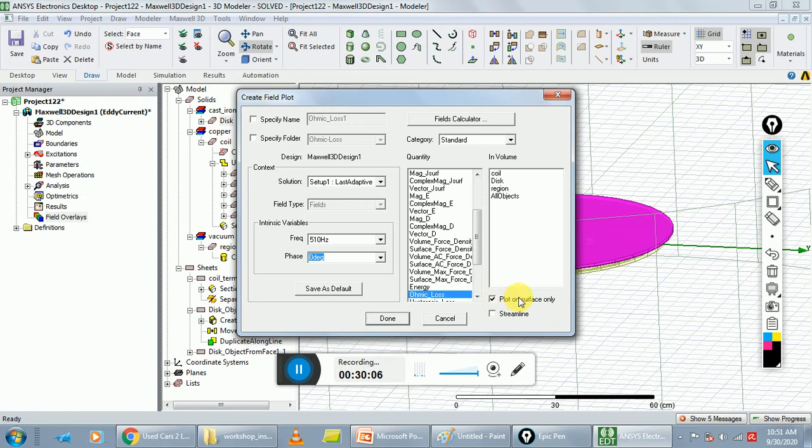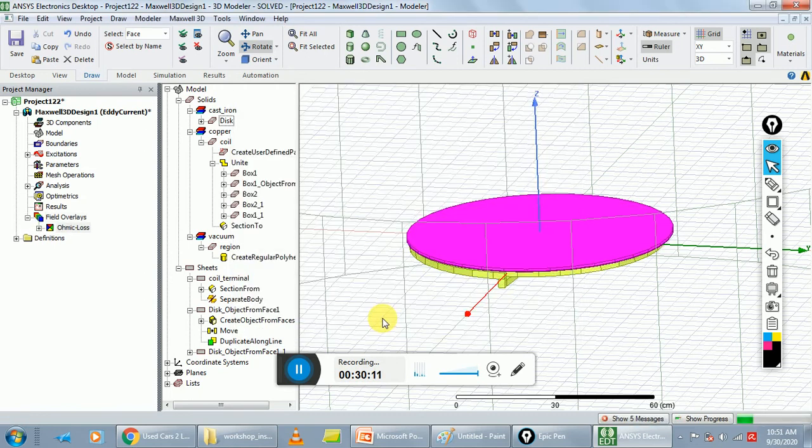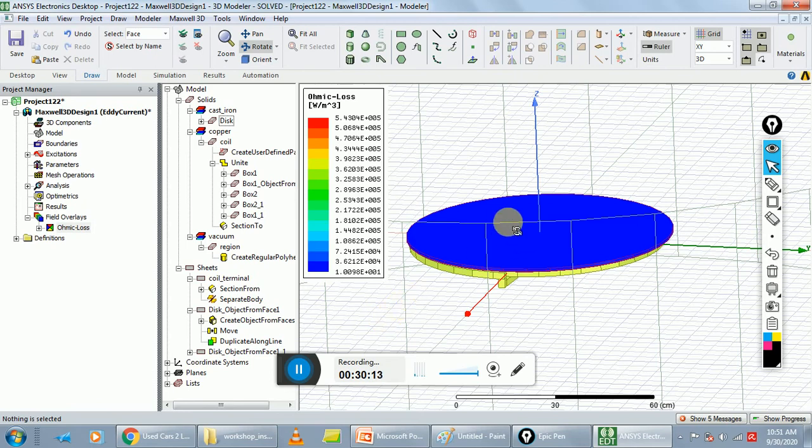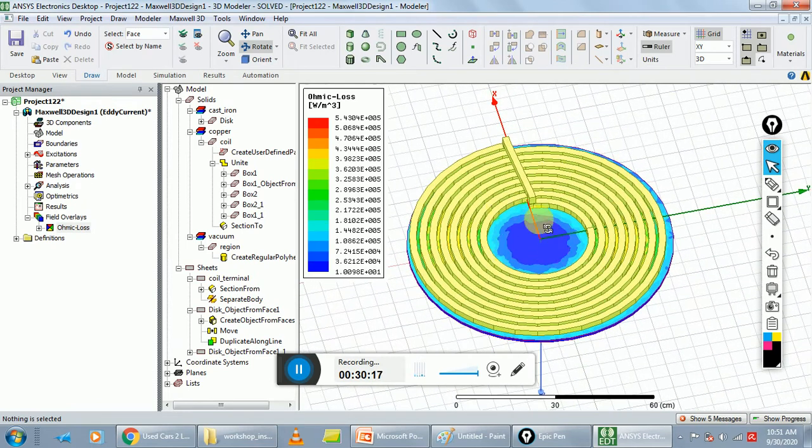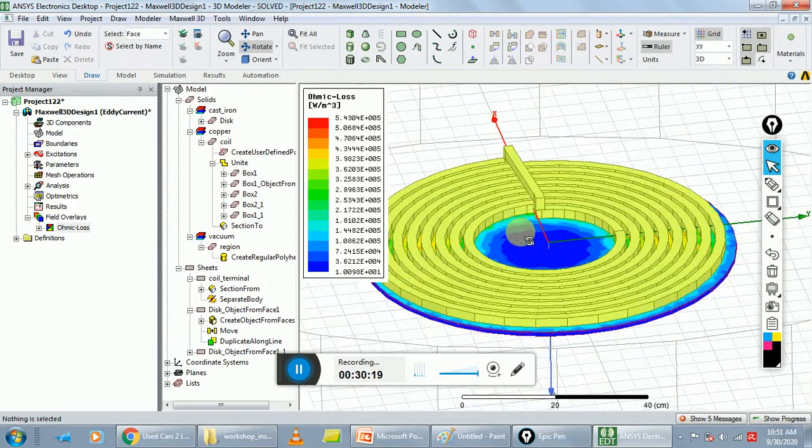Here also check plot on surface only, click on done. This is your ohmic loss plot.